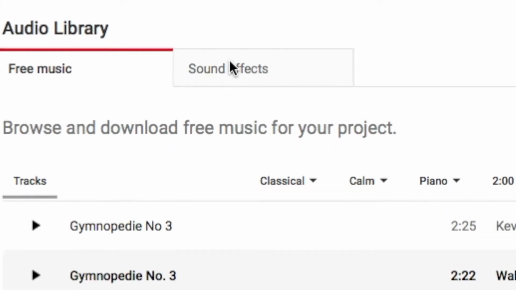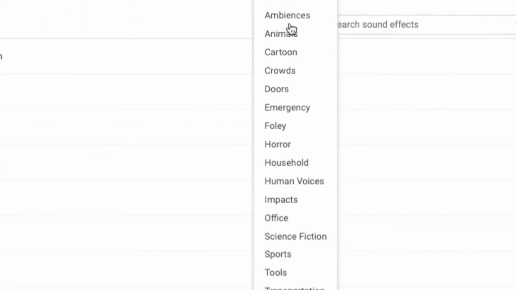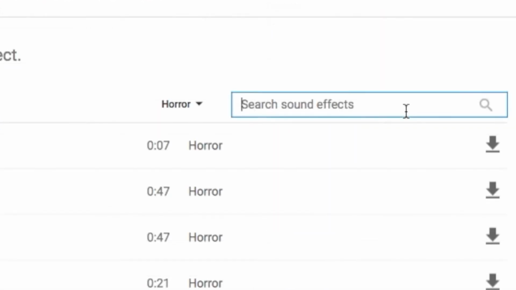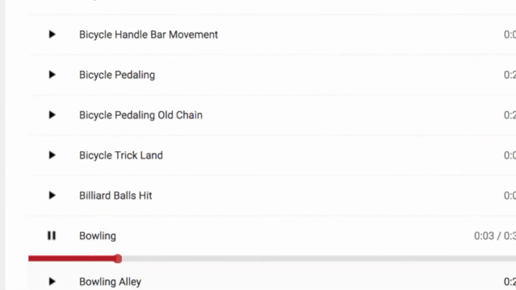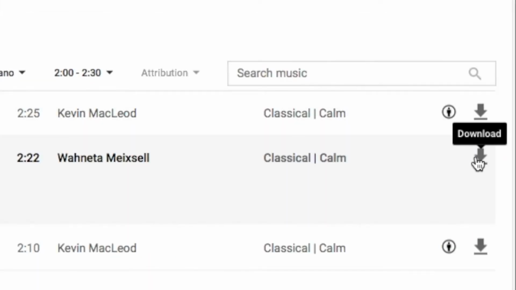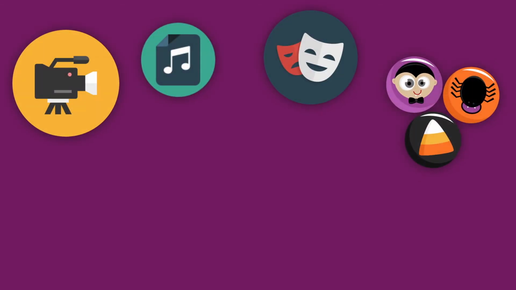Now let's take a look at the Sound Effects tab. You can search by category or simply use the search bar to find a specific sound. In both music and sound effects, you can preview the audio, and when you find what you're looking for, simply download the media. If you are producing a video, podcast, or soundtrack for a play or even a haunted house,